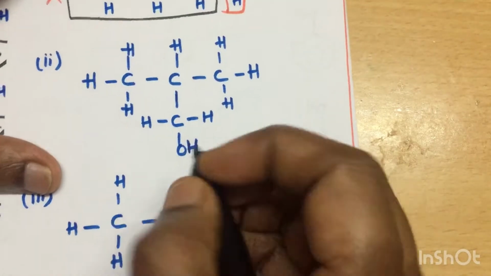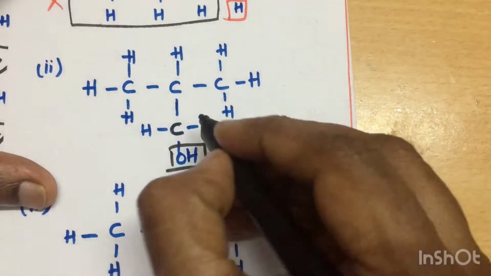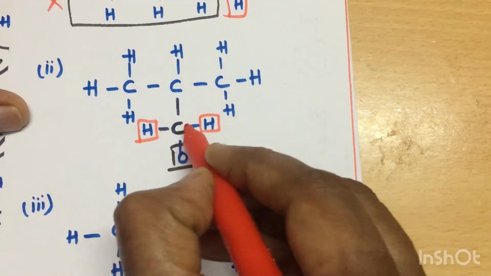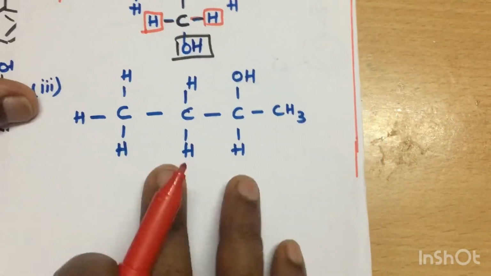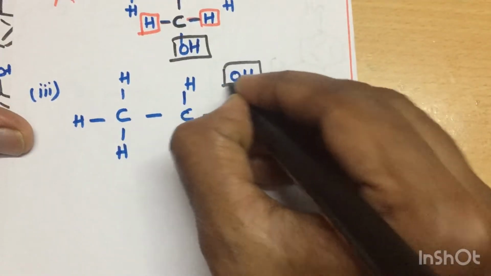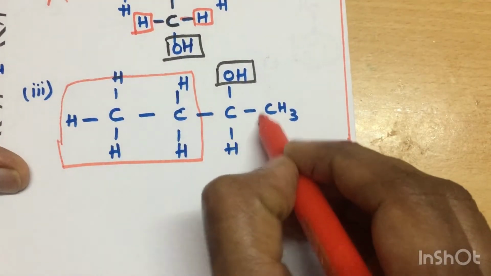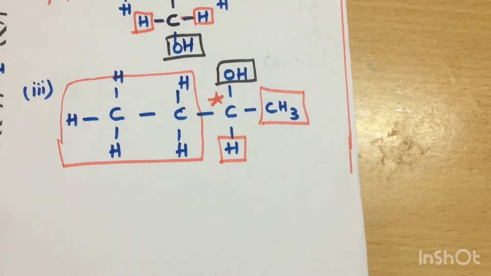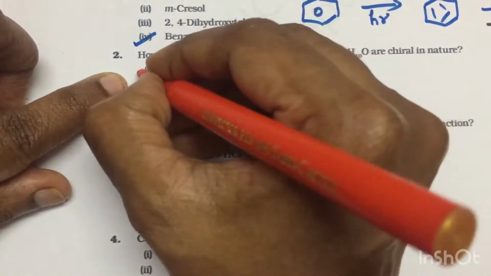Here where the alcohol is present, this carbon you have to see. First point itself, here one hydrogen and here one hydrogen. We have to see the four groups, so similar groups are repeating. So this is also not a chiral alcohol. In this option, for the hydroxyl group we have to see this carbon. What are the groups? Here a different group, here a different group, and here a different group. So hence it is optically active. This is the chiral alcohol. So among three alcohols, only one is optically active. So the option is 1.